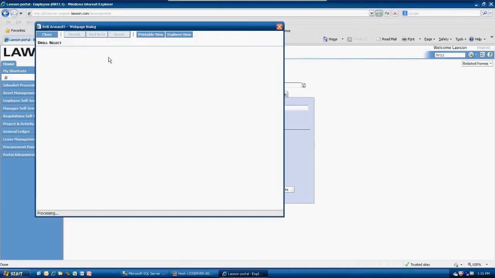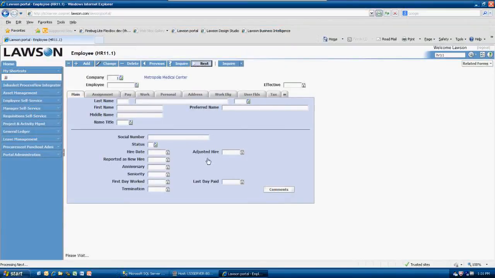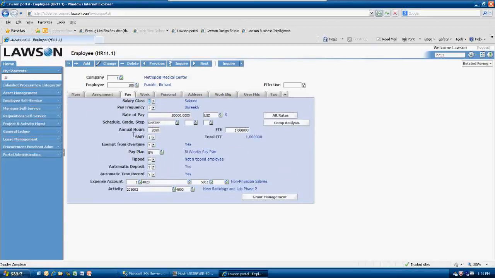So I'm going to select the company. I don't technically need to select data, but I'm going to go ahead and do that anyway. So I'm going to bring up a specific employee. So I'm looking at actual data. Then I might go to like the rate of pay. I want to see, okay, so where is this stored, right? Like where exactly is that? So I could do,